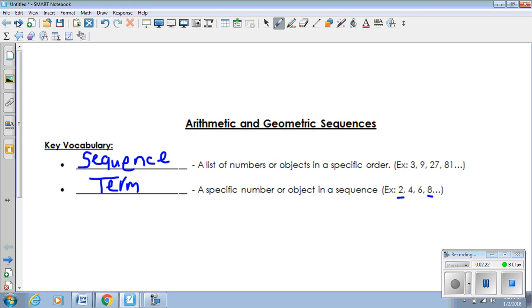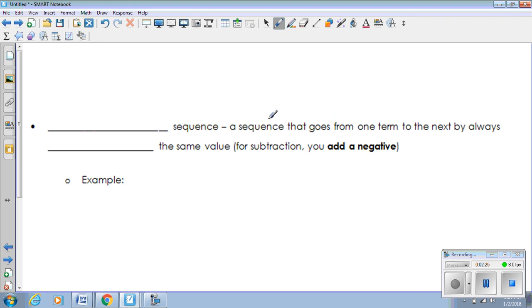Alright, moving on. So this gets into our specific things. You have 2 sequences that you're going to deal with, an arithmetic sequence and a geometric sequence. The first one that we're going to deal with is the arithmetic one, and an arithmetic sequence